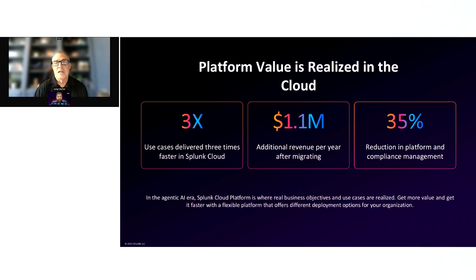We did an analysis of over 1,000 of our customers who migrated from self-managed into Splunk Cloud, and on average, they were driving an additional over $1 million a year in revenue. And obviously,